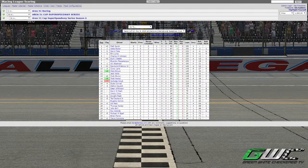We are here tonight at Talladega for the Area 51 Superspeedway Cup Series. This is going to be race number 3 of 12. We've had two down. You see our points leaders, Matt Quick and Gabe Butler. They've got the 2 wins so far in the season. Third in points, Kevin Friese. You see he's got top 5s in each of those events. Eric Laurie in 4th, Charles Johnson in 5th. You see the remainder of the top 10 there with Bud Steele, Brandon Pasalacqua, Will Eastman, Raymond Rittenauer, and Corey